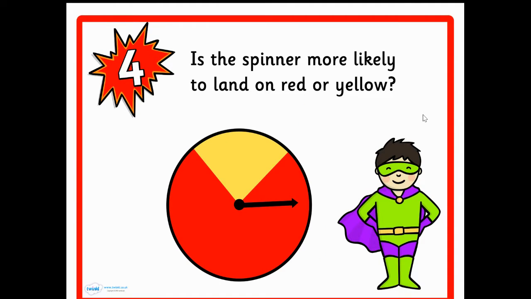Is the spinner more likely to land on red or yellow? Maybe you can have a go at this first and stop the video here. Okay, so is the spinner more likely to land on red than yellow? I think the answer is yes, because there is more of the circle, about 3/4 of the circle is red and only 1/4 of the circle is yellow. So it is more likely to land on the red than the yellow because there is more red and less